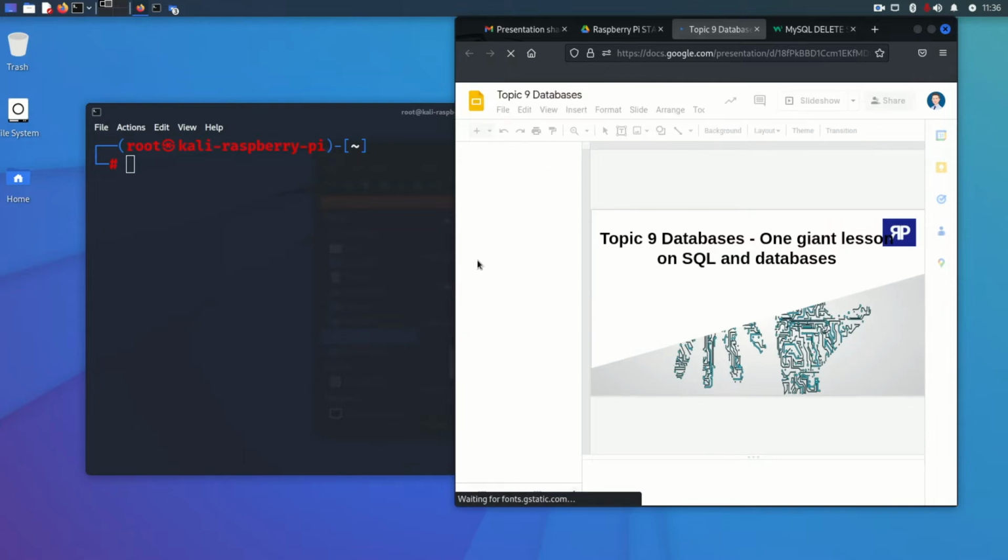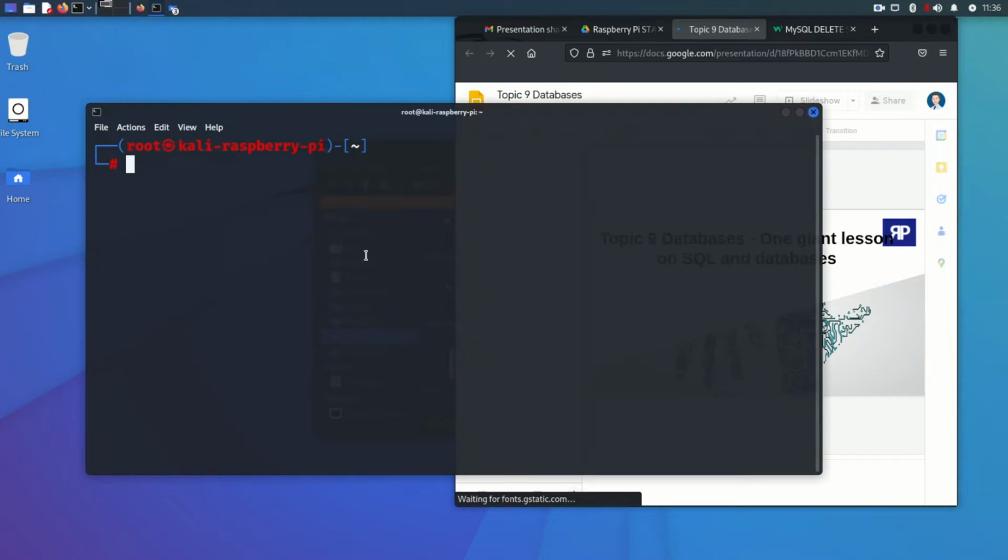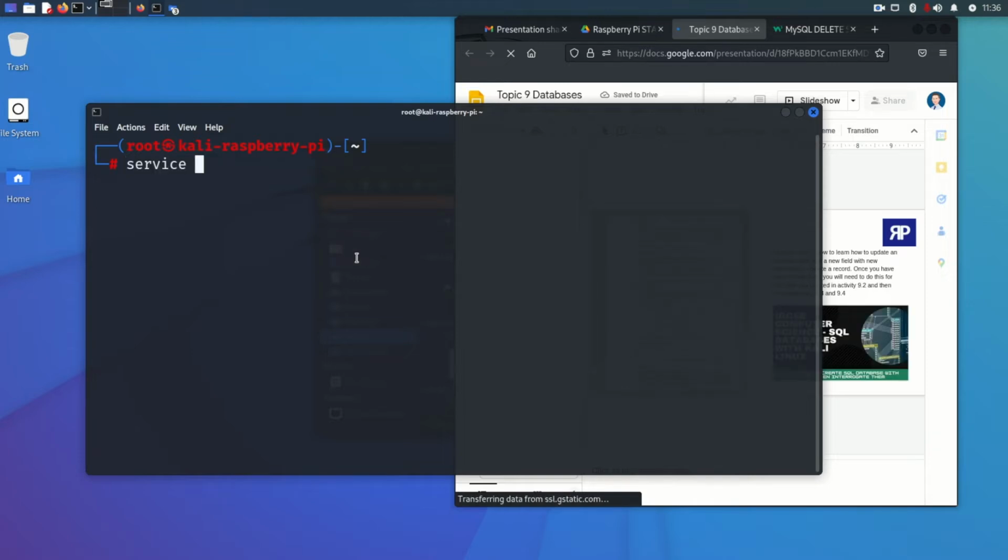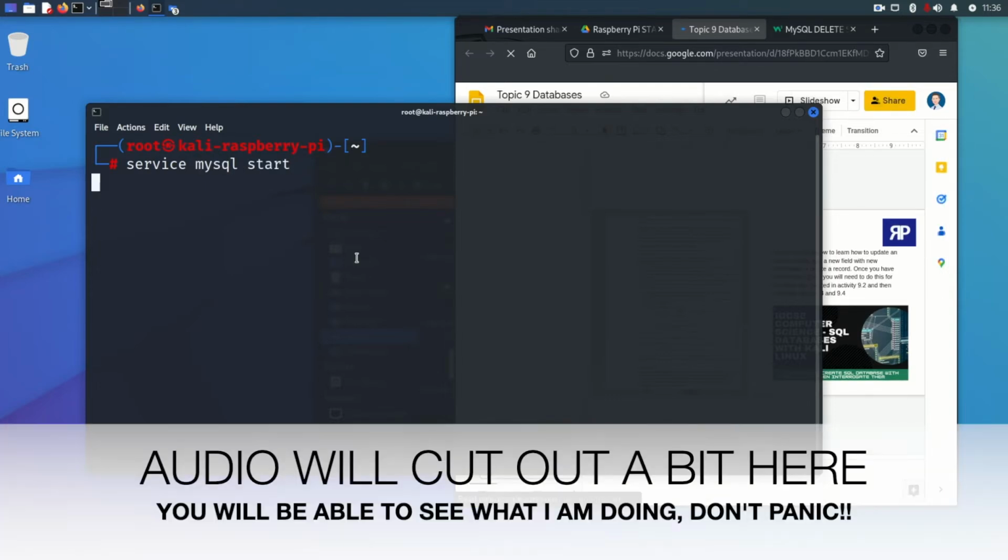Now this is currently loading, so whilst we are waiting for that, I'm going to start our database. The most important thing here is that you know how to start up your database, so we are going to type in service mysql start. You probably don't need to look at your notes because you